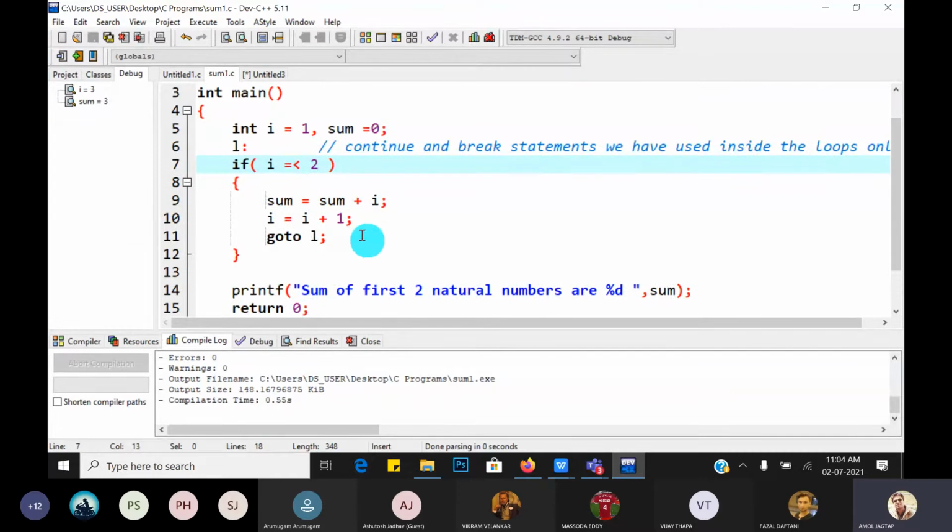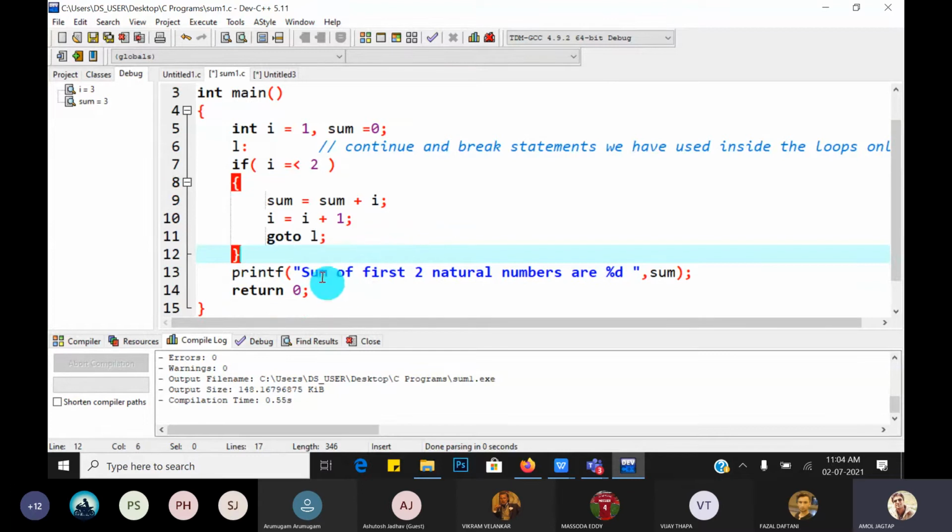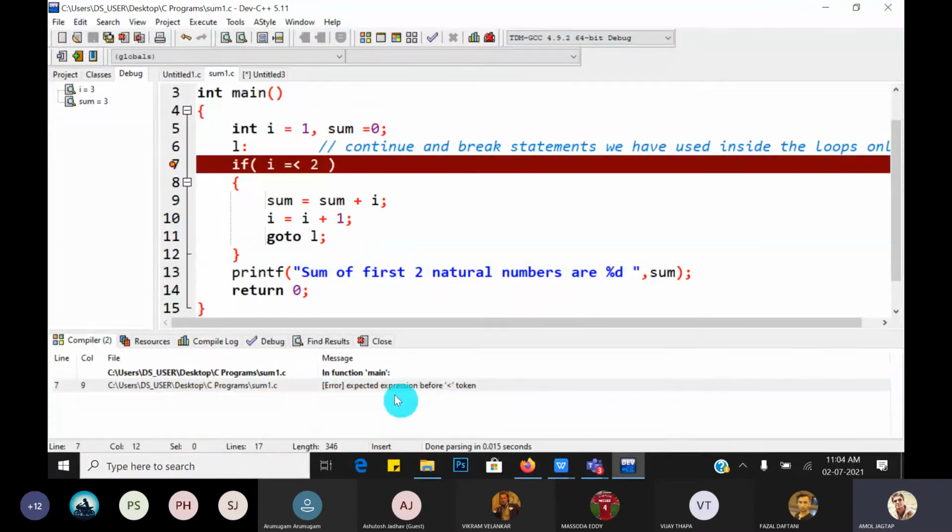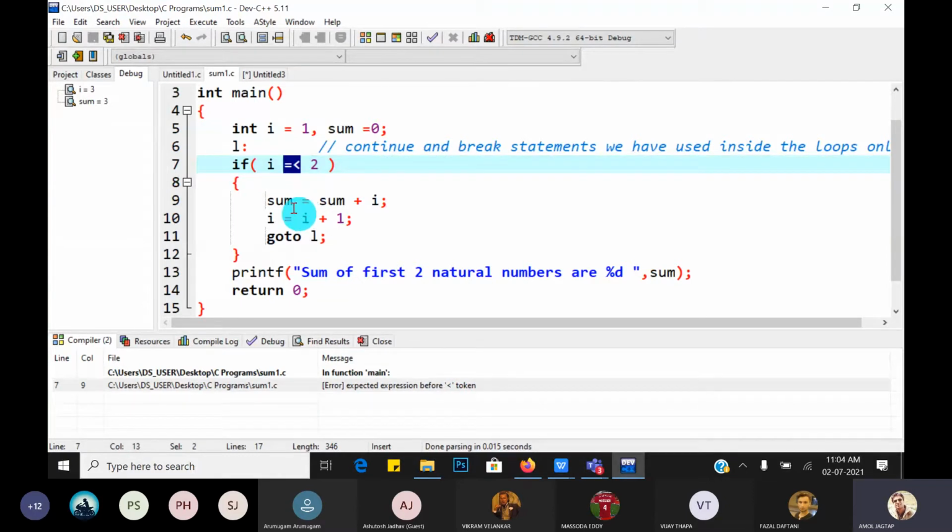Lots of times this type of question is asked in quizzes, puzzles or interviews also. Yes, what is the output of this program then? Does the program's output remain the same or is some difference there? Error. Error is there. Okay. So let's check whether it gives a syntactical compiler error. Yes. Expression before less than token. Because this operator does not exist in any language.